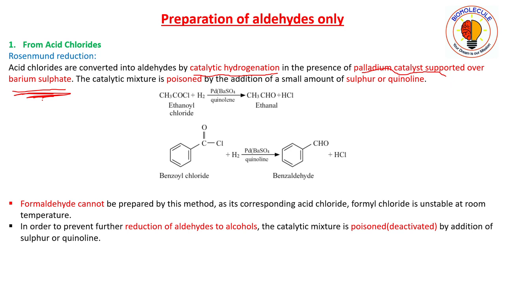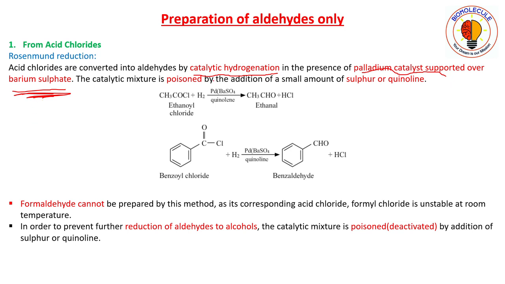That is the first point. And the second point is that palladium is a costly metal. So if we increase the surface area by spreading it over a support, then it will increase the catalytic behavior. Also, we have to take a very small amount of palladium, and it will reduce the cost also. So it is cost effective.